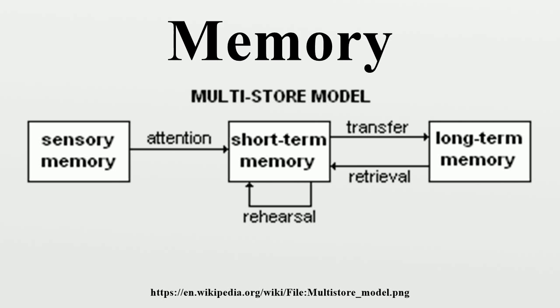It is the section of memory where we carry out thought processes and use them to learn and reason about topics. Types. Researchers distinguish between recognition and recall memory. Recognition memory tasks require individuals to indicate whether they have encountered a stimulus before. Recall memory tasks require participants to retrieve previously learned information. For example, individuals might be asked to produce a series of actions they have seen before or to say a list of words they have heard before.